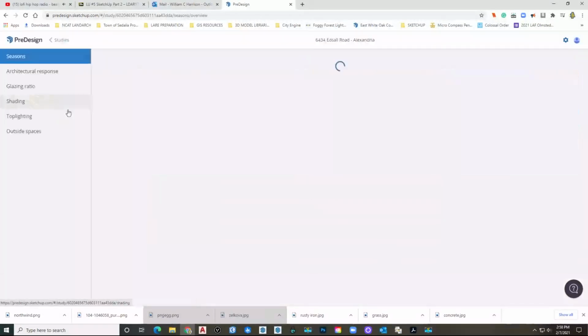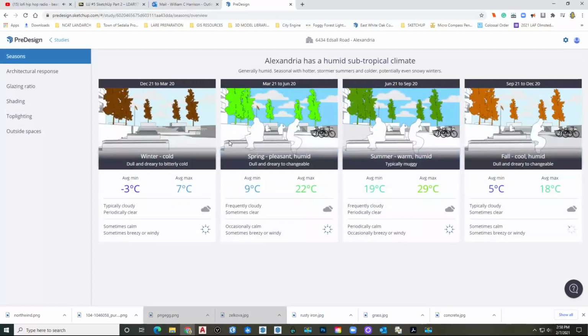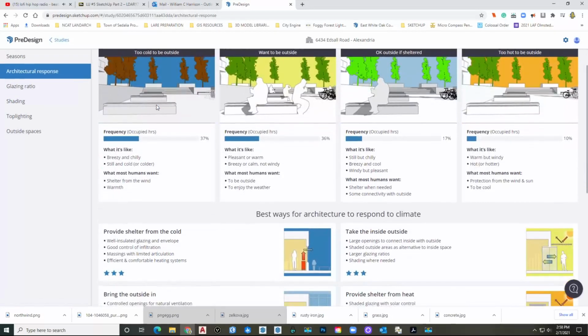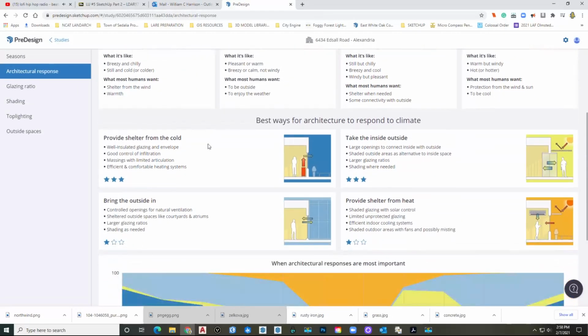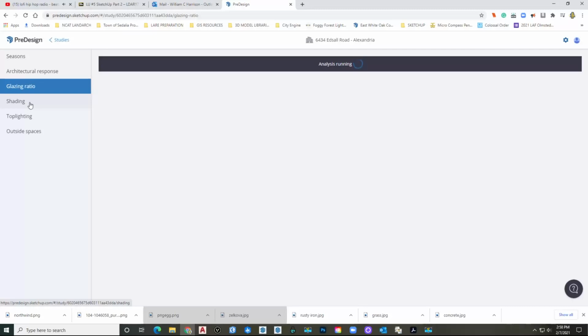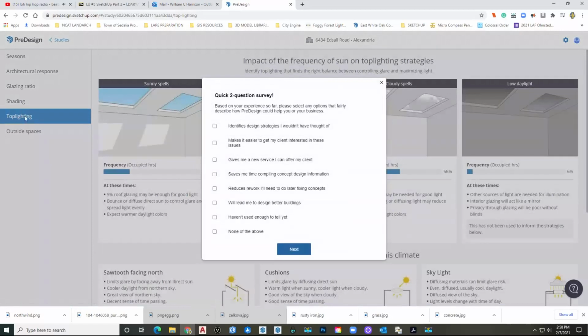So when we click on this, it's going to give us some general information about the area, right? So it tells you the different times of year and the different temperatures, kind of these different ranges, architectural responses to these. I'm assuming these temperatures and these responses to this different area. So it gives you some base information, glazing rate. This is more for architecture, but it gives you some interesting information about the site pretty quickly,